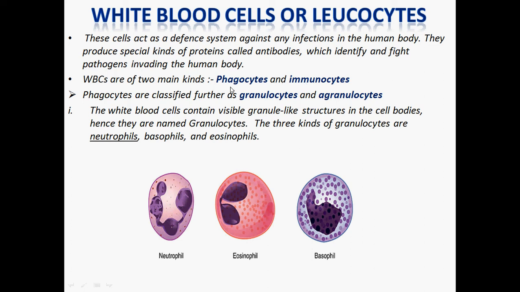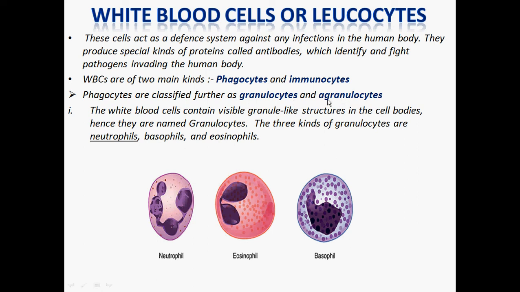Now the phagocytes are the types of WBCs which are involved in engulfing any kind of foreign bacteria, foreign microorganisms or pathogens. So that is why it is named phagocytosis. Why are we saying phagocytosis? Because phagocytosis is a process in which any cell engulfs any food particle or any microorganism or any bacteria inside it. So the phagocytes are the types of WBCs which may be